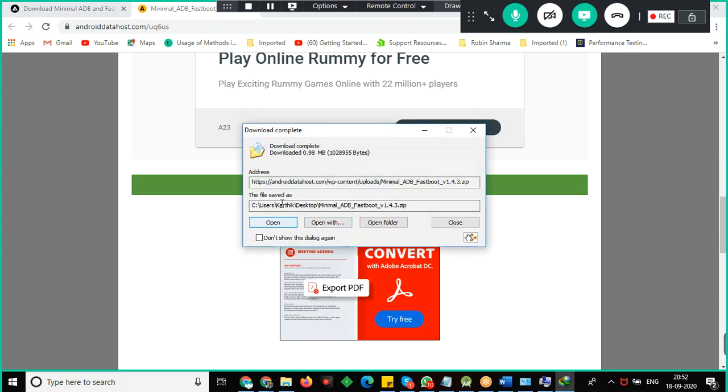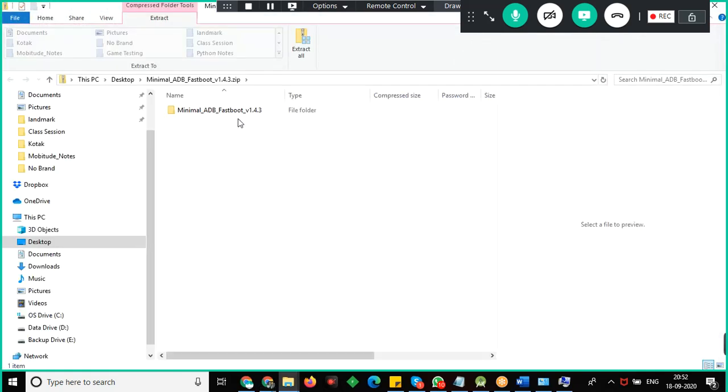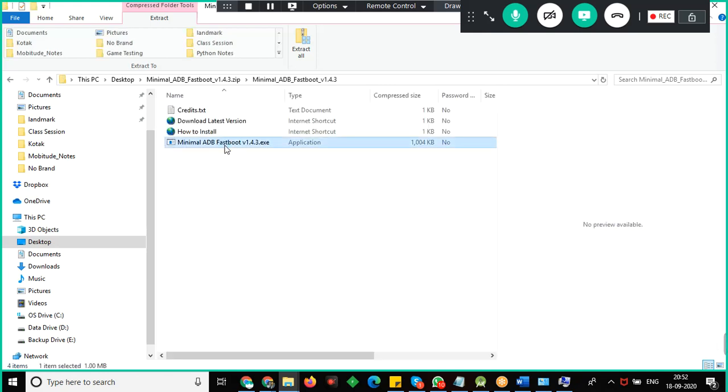With a zip file. See here, we will get a zip file. When you open that, you will be getting a folder, ADB fastboot. Then you need to install this. If you are willing to use ADB through this minimal ADB, don't install Android Studio. If you want to work on Android Studio only, don't install this. Do any one. Okay, but I am using both the things. So use either any one of the things.